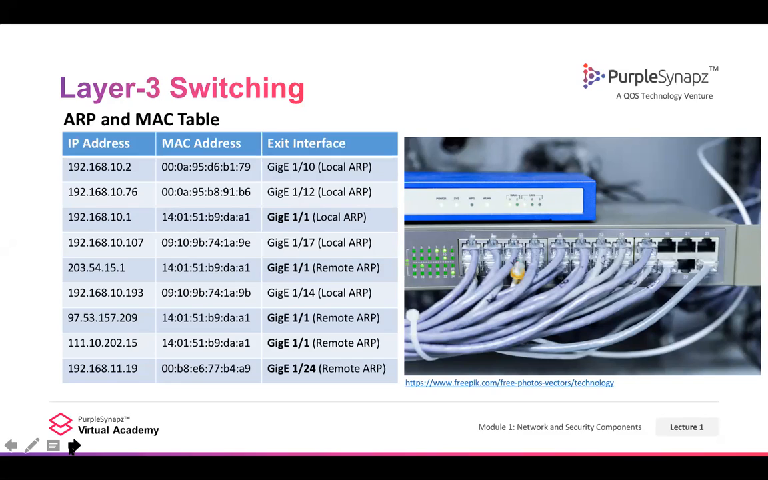So this is how layer 3 switches are these days. They have a combined table which combines the MAC addresses which they can physically see and which they cannot see. But when you see an address 203.54.15.1 or 111.10.202.15, this particular switch cannot see them. So there is no direct MAC address for them, but my own route, my own physical device, will take me towards them. So if you see the 4 rows shown here which have gigabit Ethernet 1/1 in the right-most column,